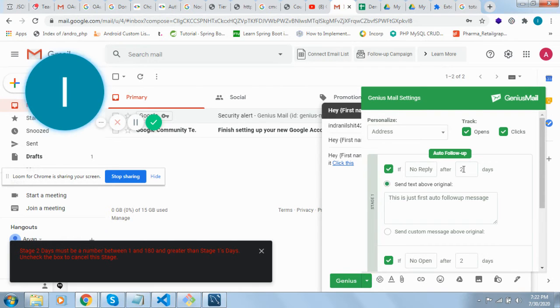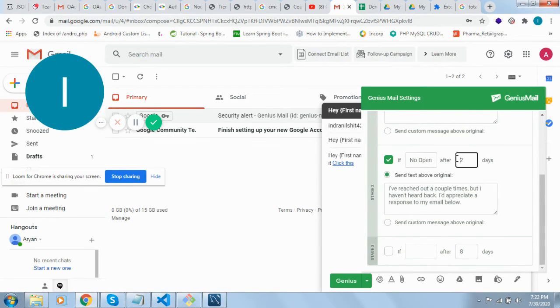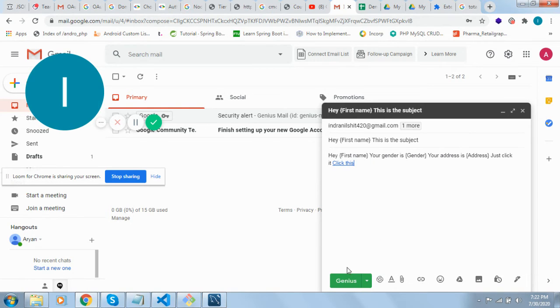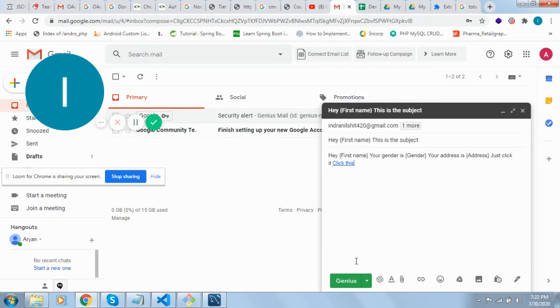See stage number, it should be between 1 to 180 days. We can keep these auto follow up features for 3 months only, within 3 months for now.